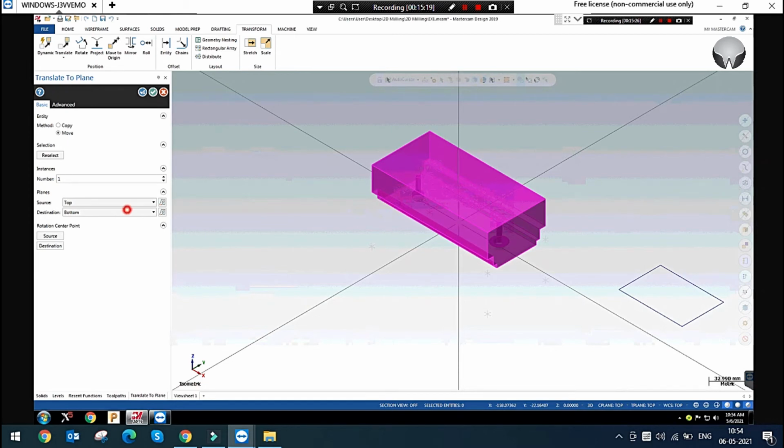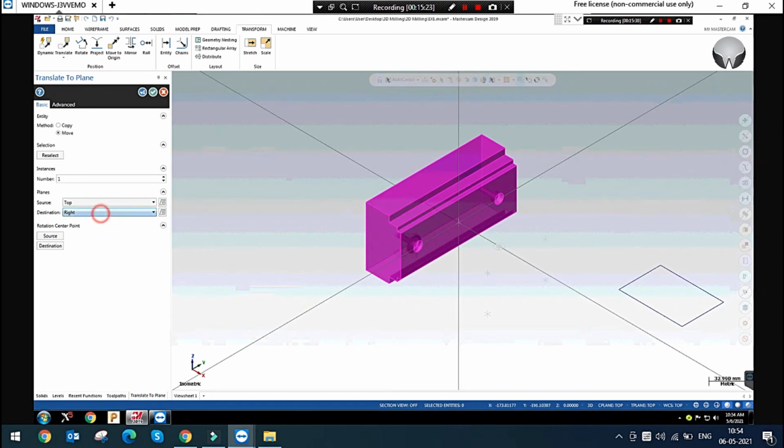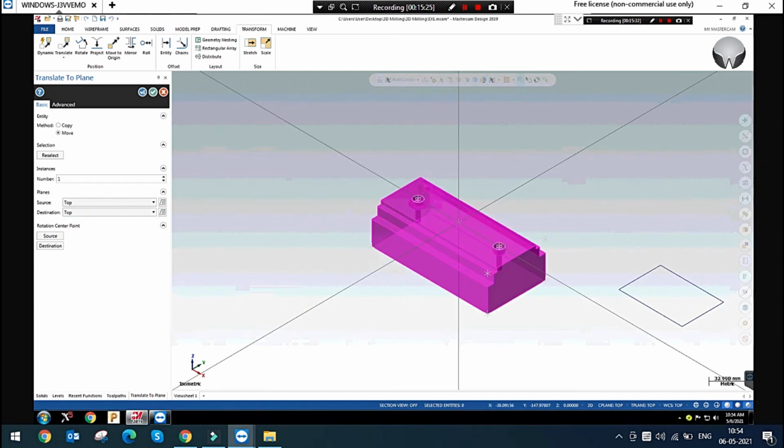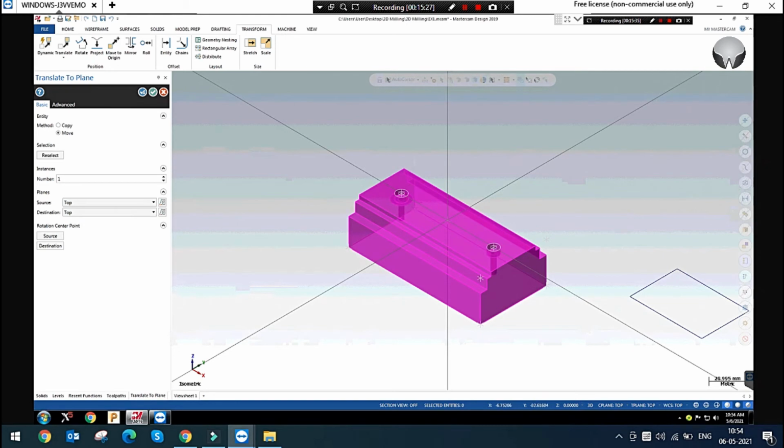If you want right side plane, you can simply use this. So in 3-axis machining, we are using only the top plane for machining, right? So if your model is on the bottom side, you can simply translate the plane to work with it.